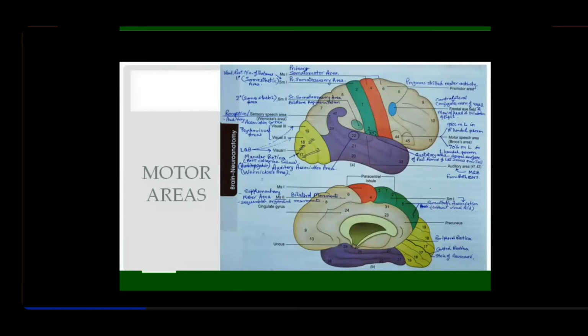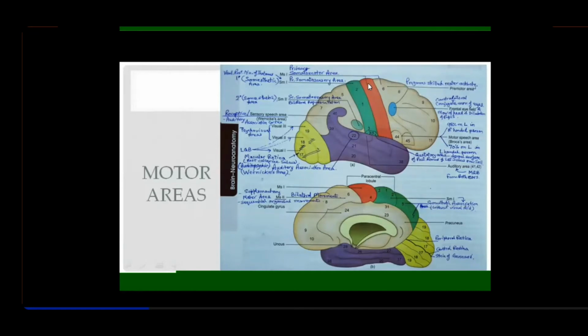Now we talk about area number 6. Area number 6 you are seeing is the association motor area, and together with area number 4 they are called the primary somatomotor area, right? It also has some corticospinal and corticonuclear fibers. It may have a direct influence on those descending tracts, or it may have an influence on the skeletal muscles via area number 4. So it acts together with area number 4, right?